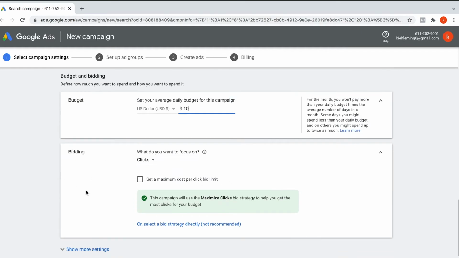So bidding, this one is really, really important. For this example, we are going to be focusing on a sunglass store. So we're going to be focusing on clicks to our website because we want people to visit our website and hopefully buy a product from us. And we are not going to set a maximum bid cost, but just to explain what this means, this basically means that